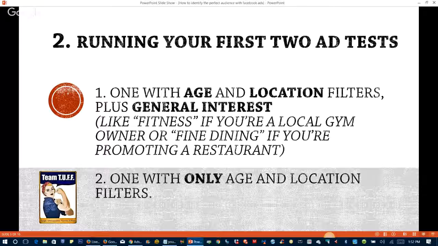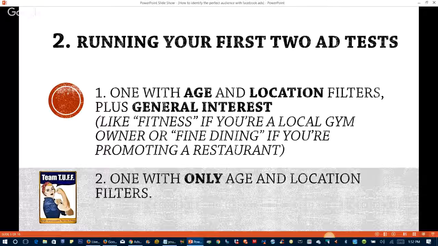And then you're going to duplicate or copy that exact same ad. So the same text, same picture or video, everything about the ad's the same. The only thing different in ad number 2 is you're going to change the age. So you're going to move that up or down, okay, by 10 or 15 years, and then the location.